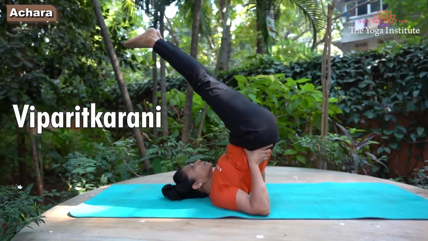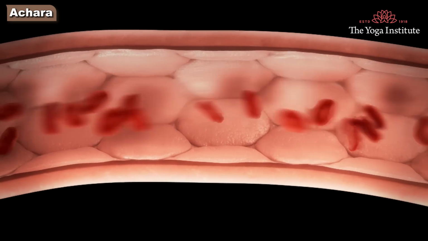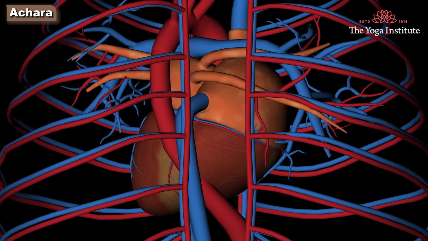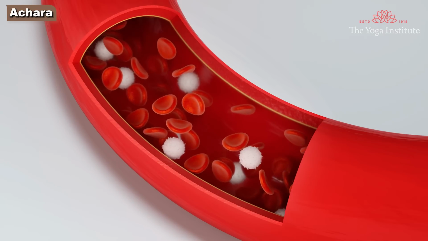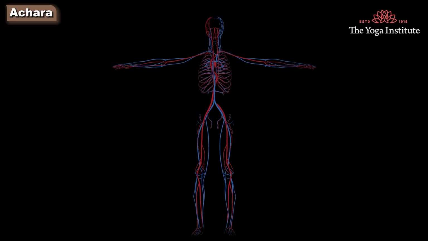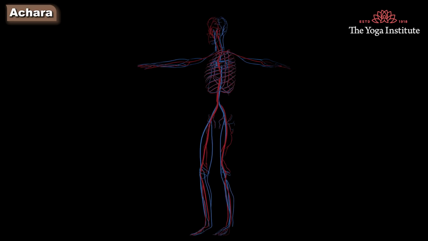Later, variations of Viparit Karni should be practiced, and this variation could be to try and put your legs against the wall. It is a restorative pose. In addition, gravity helps circulation by facilitating the return of venous blood and lymphatic fluids back to the heart. This is then oxygenated and circulated back in the body. No holding and suspensions in asana and pranayama.